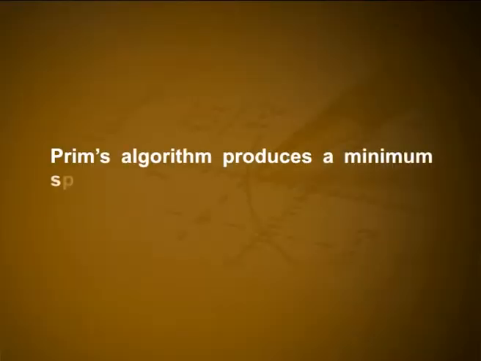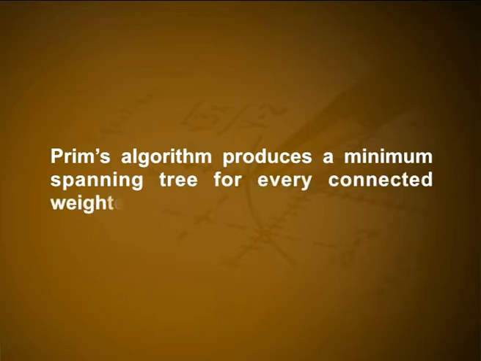The choice of an edge to add at a stage of the algorithm is not determined when there is more than one edge with the same weight that satisfies the appropriate criteria. We need to order the edges to make the choices deterministic. Theorem 2. Prim's algorithm produces a minimum spanning tree for every connected weighted graph. Let G be a connected weighted graph. Suppose that the successive edges chosen by Prim's algorithm are E1, E2, etc., En minus 1.